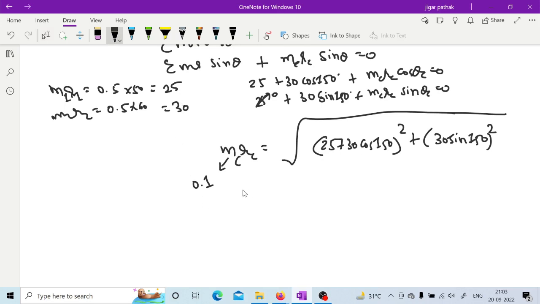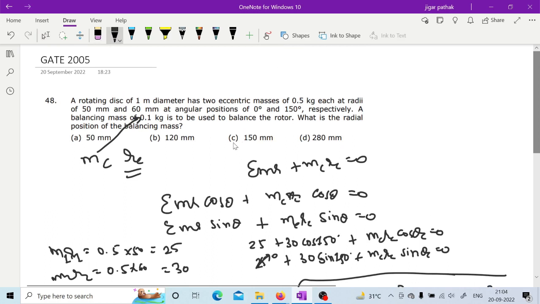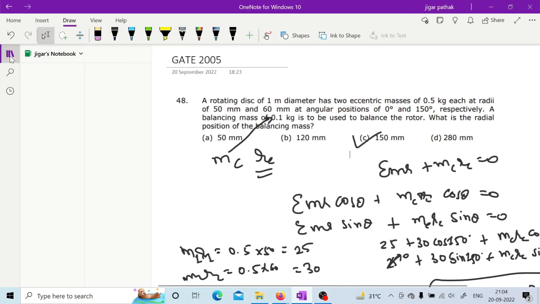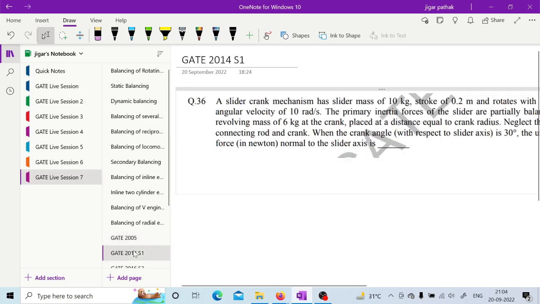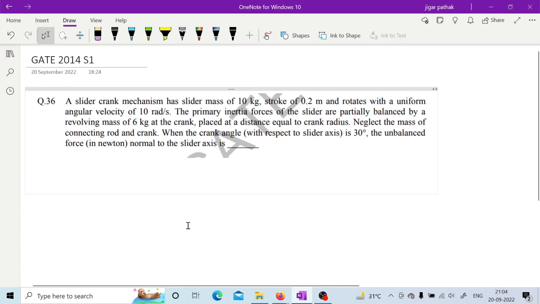You just need to give simplification. Please be quick. Sir, RC is equals to 150 mm. Yes, correct. So here RC will be equal to 150 mm. Okay. Then if you go for the next one, then what is mentioned here is a slider crank mechanism is